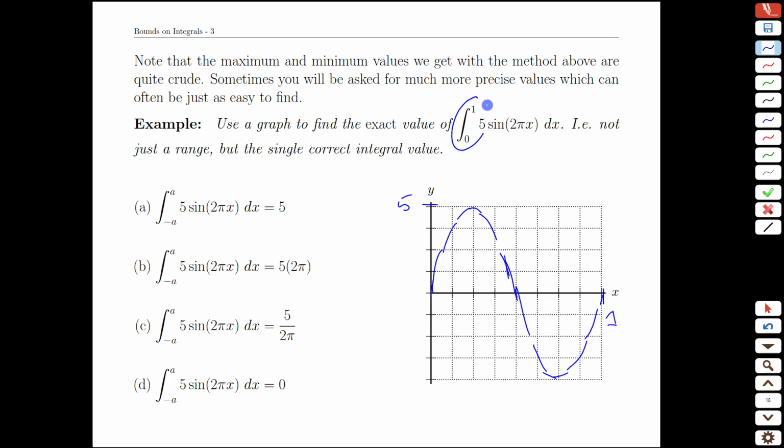And ask yourself now, on the interval from 0 to 1, what the integral would be for that. Take a look at the options here for a moment, and then we'll check in. All right, so for this,